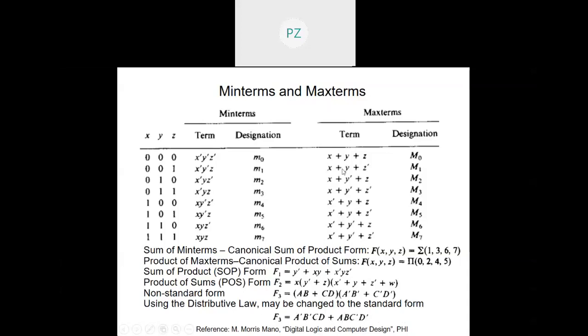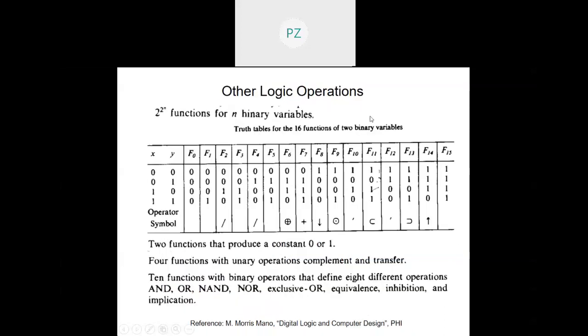So this is the concept of min terms and max terms. You can have the canonical sum of products form, which is essentially the sum of min terms, and the canonical product of sums, which is essentially the product of max terms. This is the standard way to write any function, where you just have to give capital M0, capital M2, capital M4, capital M5, and you are using the product of them, right? So let us talk about other functions.